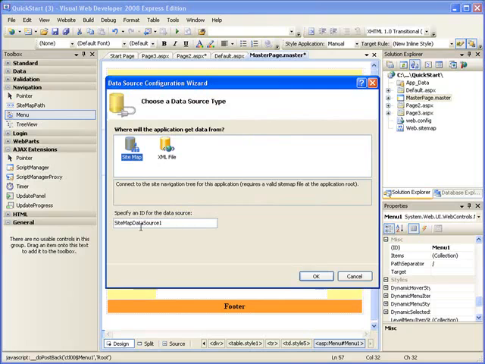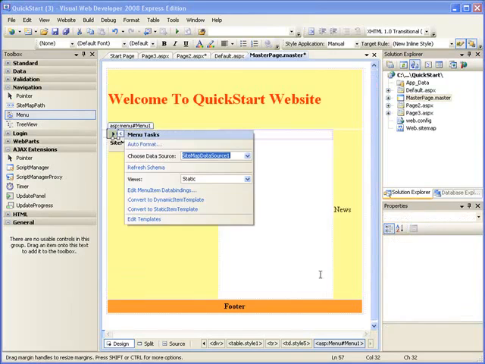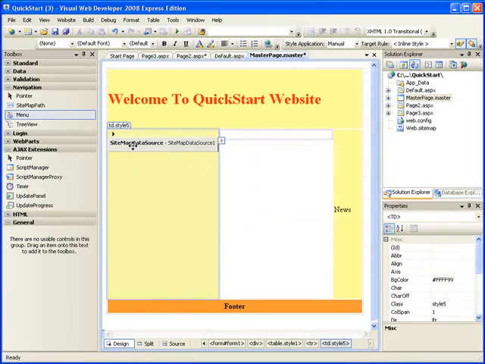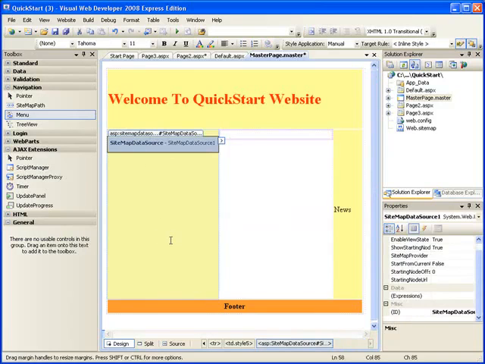Specify an ID for the data source. You can just leave it as the default. Just click on OK. So we've connected to our sitemap. Just leave everything; I will be explaining it in the future. It's been connected to the sitemap. So why we're not seeing our menu, the reason is because